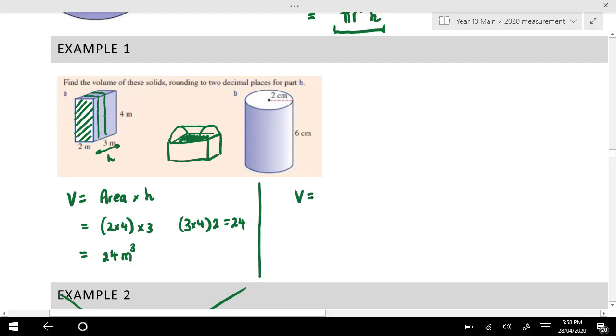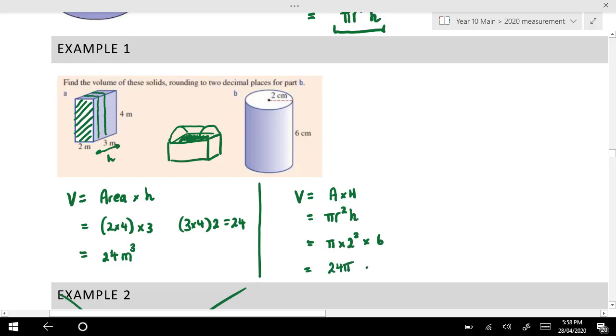Okay, so let's do this one. This is the volume of a cylinder. We could go to the formula sheet, but hopefully you can recognize that that's the area times the height. The consistent cross-sectional area for the cylinder is only a circle, so that's pi r squared times the height, which is pi times 2 squared. Just make sure that you have the radius, not the diameter, times the height. We could work this out in a calculator, but of course 2 squared is 4. 4 times 6 is 24